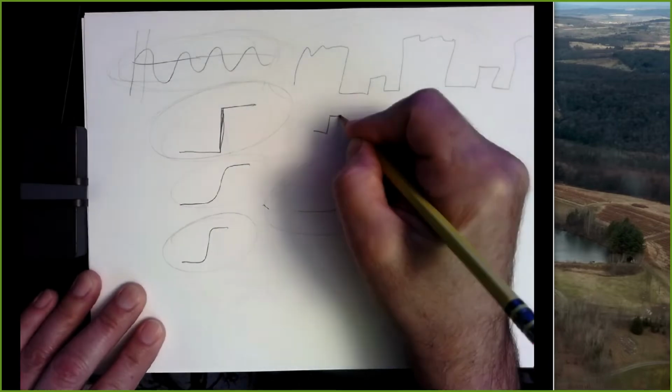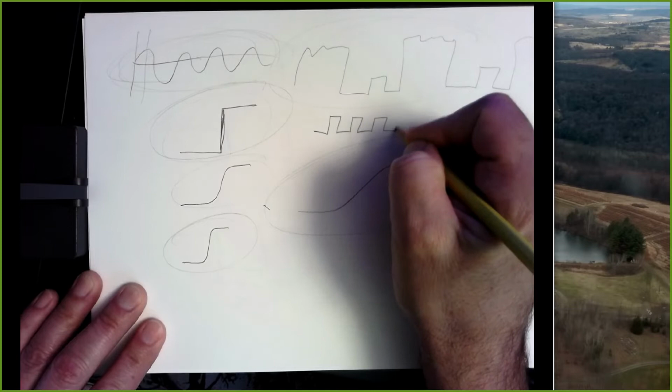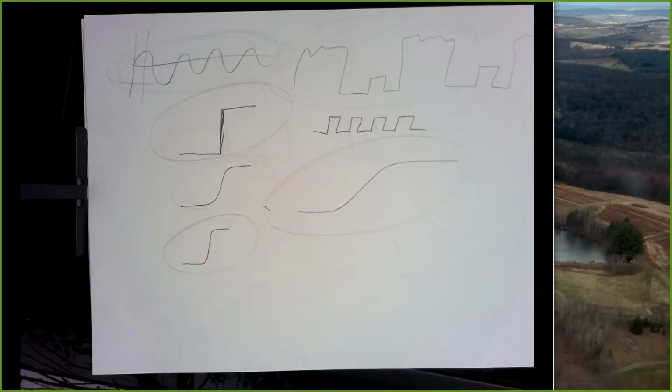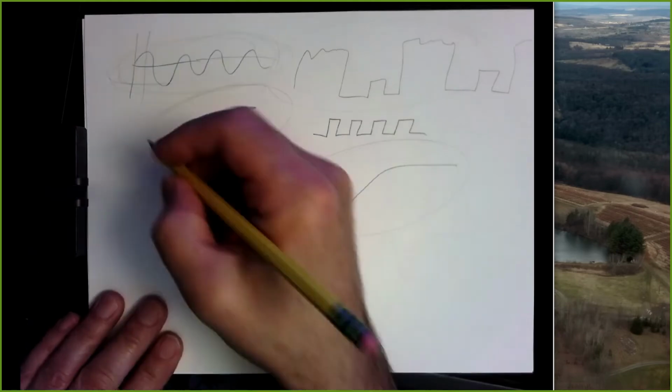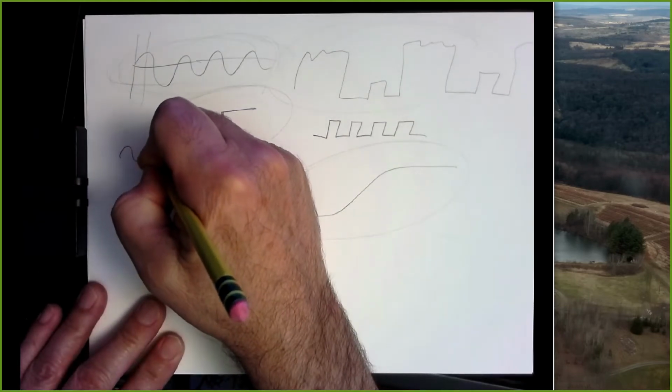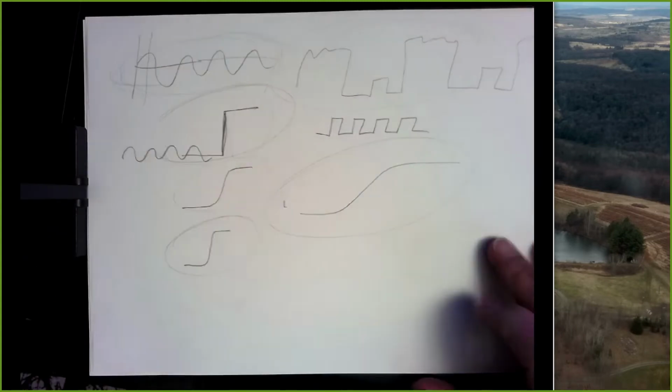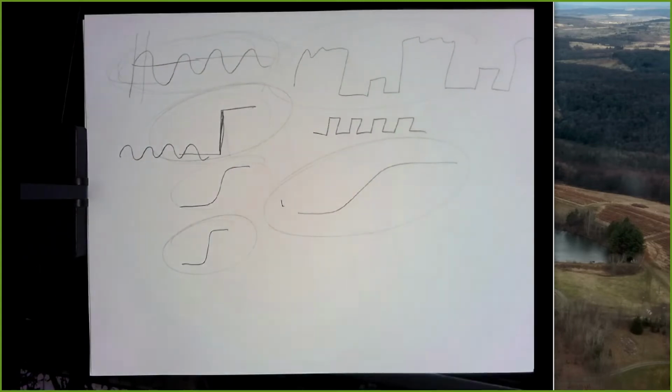If you listen to a square wave through a speaker, it's got this really buzzy, kind of annoying sound, right? You can hear all these what we call harmonics, multiples of this basic frequency combining together. If you listen to a perfect sine wave through a speaker, it's a very smooth tone. It's very soothing. It's like the tone they use on film strips when it's time to advance the film strip, if you ever had that in school. It's a very mellow tone, and it could put you to sleep.